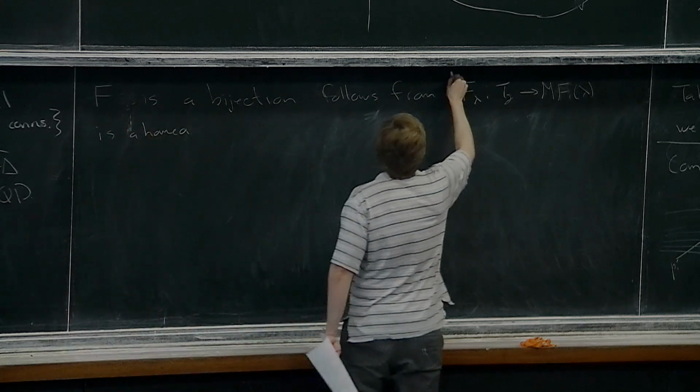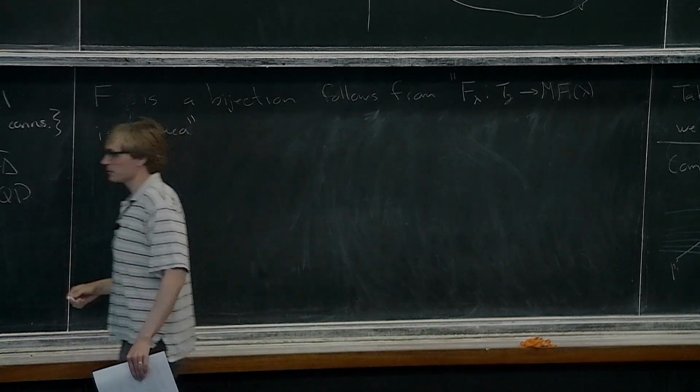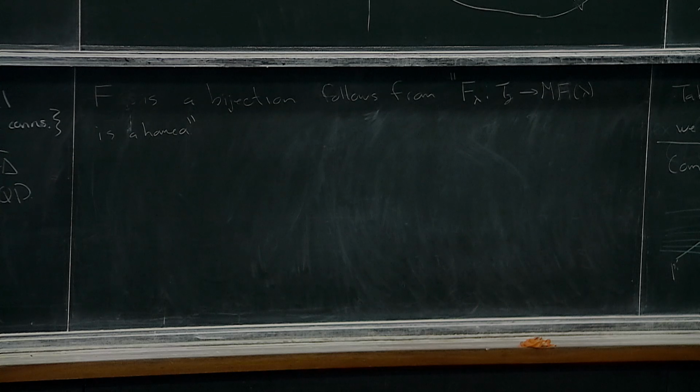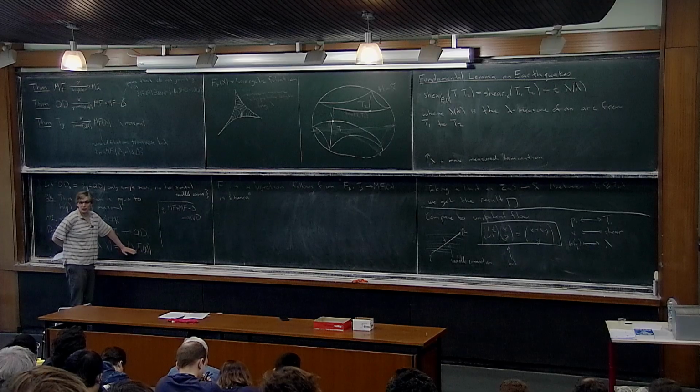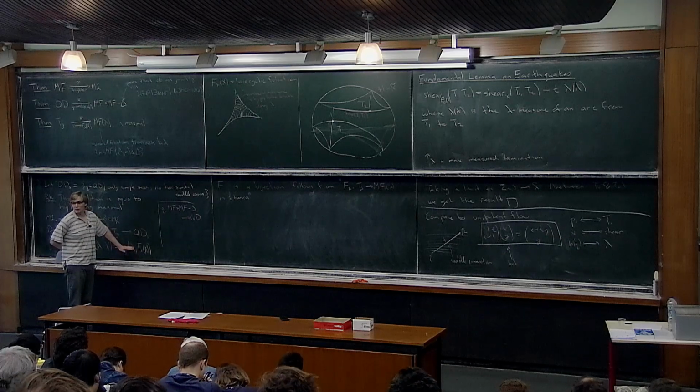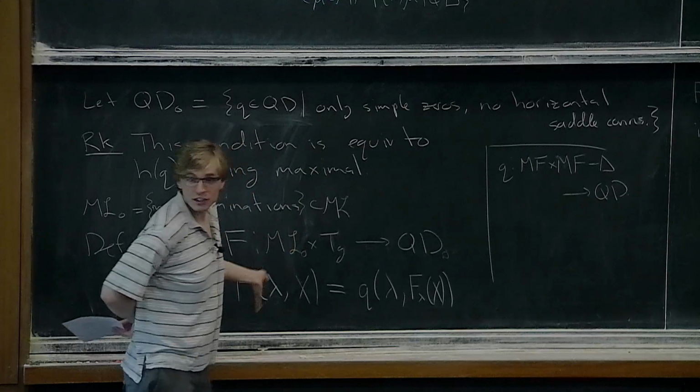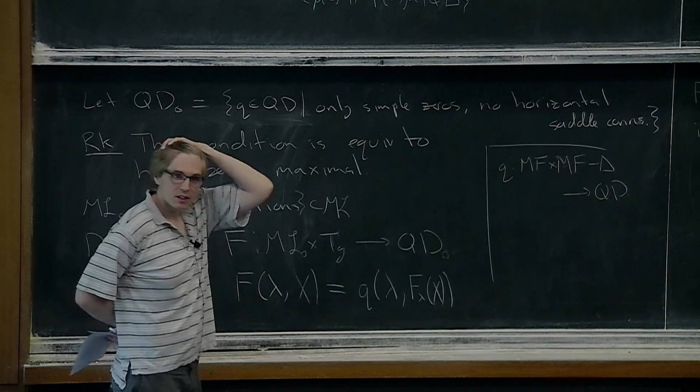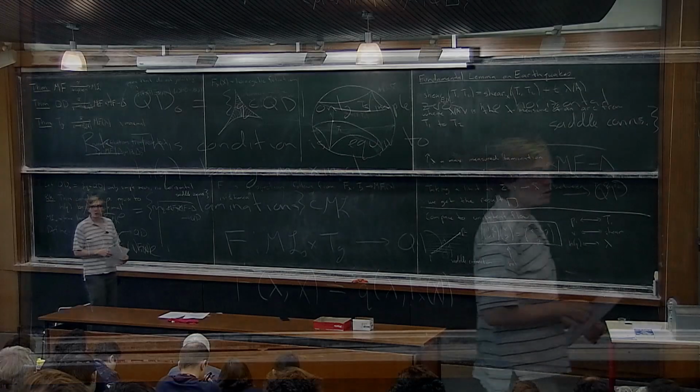So it follows from this statement. Right, MF lambda is everything transverse to lambda. So I've essentially checked it on slices. We already know that this is a bijection. Okay, so all I need to show,